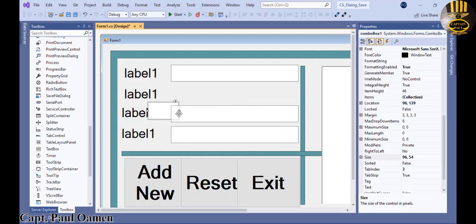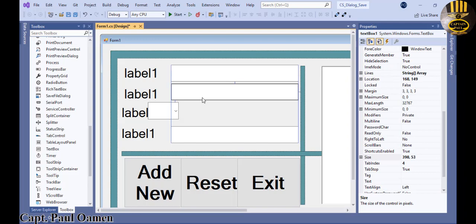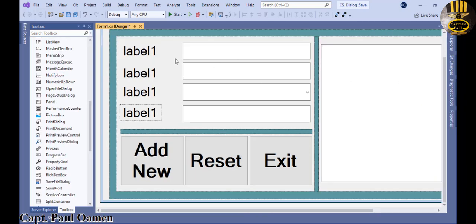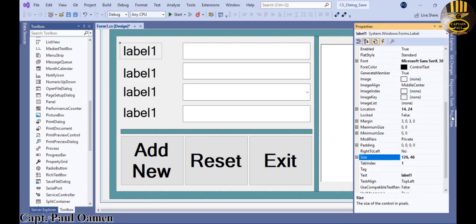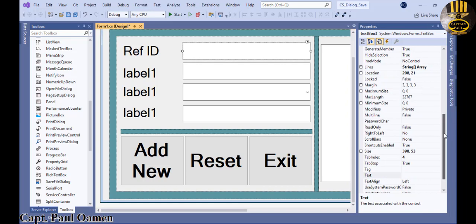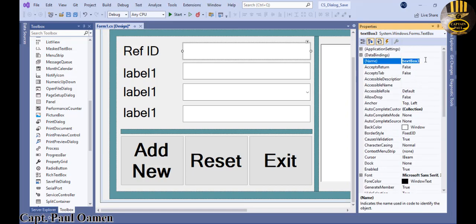Okay, let's put a combo box in the middle here. Right, and just drag it that much. Very good. Okay, so let's change the names of these labels, and this one is going to be, let's just call that reference ID, and the text box right in front of it is going to be known as txt reference ID, ref ID,